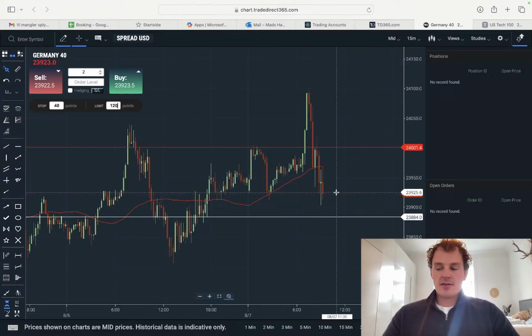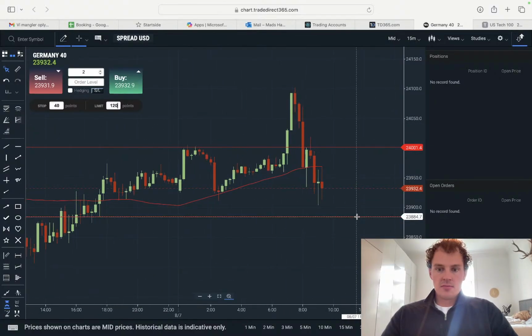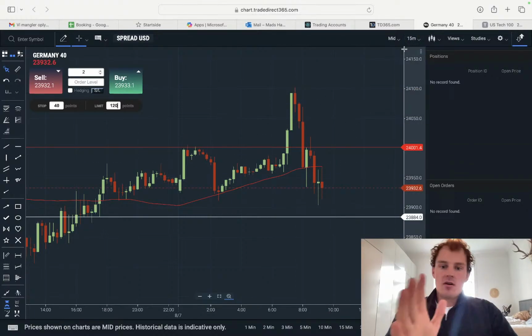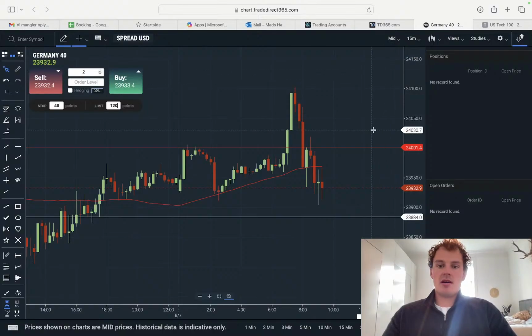So it doesn't matter for me if it's 11, 12, 1 p.m. It's just important that one of the 15-minute candles is gonna close below, and then I go in. If it's just doing nothing, then I'm not doing anything. So I have to head out now, but I'll let you know in the Discord exactly my setups. I just want to tune in quick here to show you what I'm gonna do, but only shorting below or go long above, not if we go above, but if the 15-minute candle later on or in the next 30 minutes is closing above. And then I go in and I risk 40,